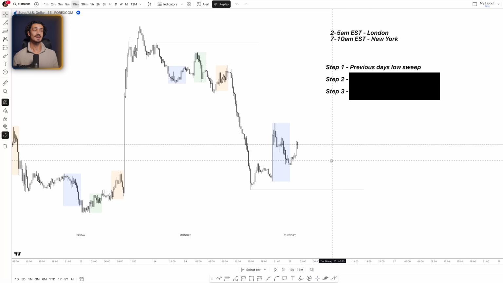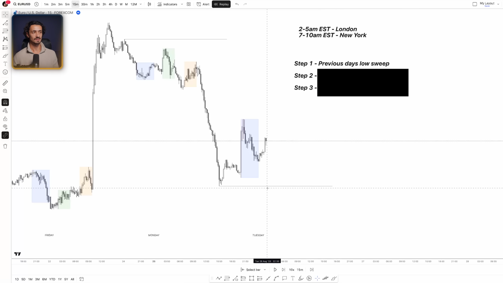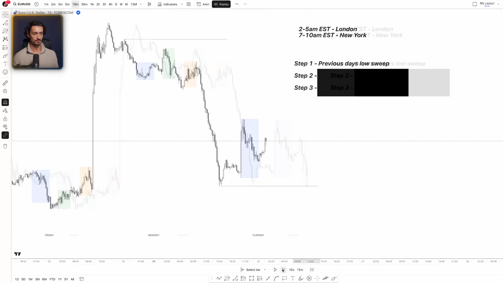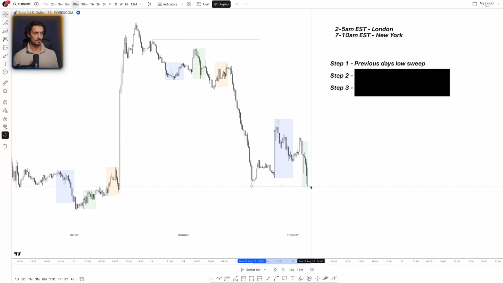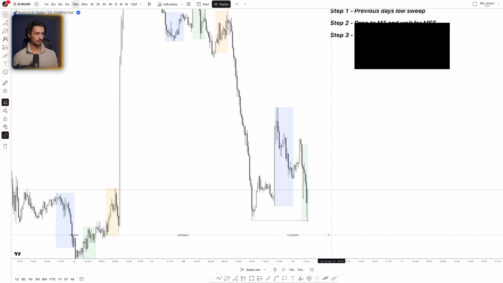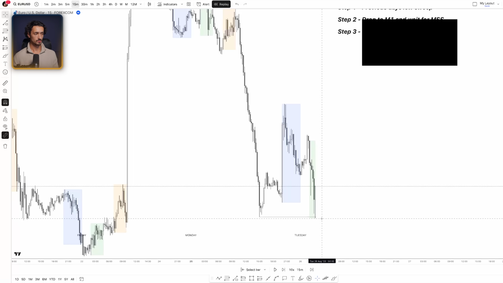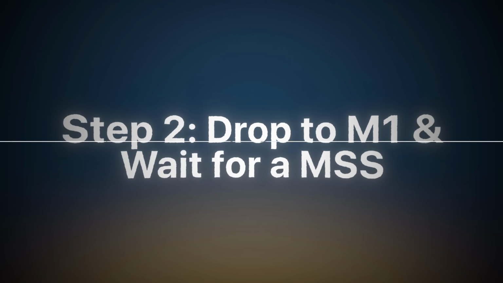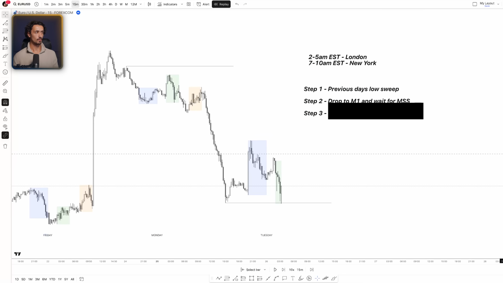So when we come into the next day, what we want to see for step 1 is a sweep of this level. We need to see price trade into this level. Once you get that, as you can see here, right, we have traded below this low. We have breached this low. So that is step 1 complete. That leads us straight into step 2, which is drop to the 1-minute time frame and wait for a market